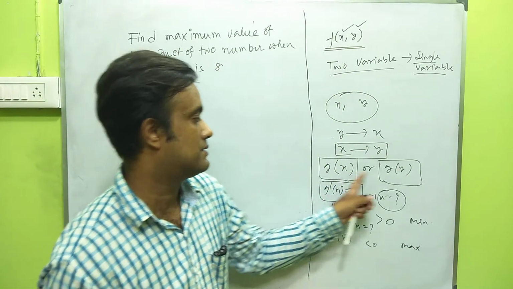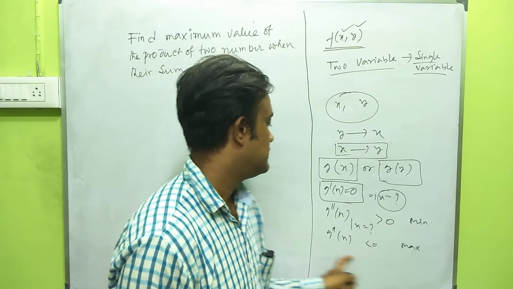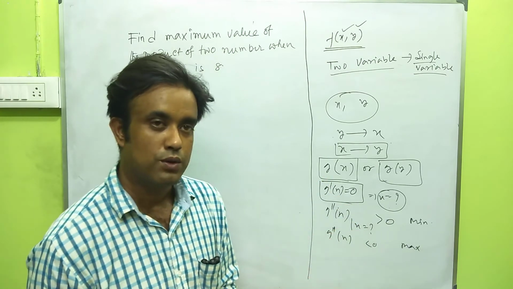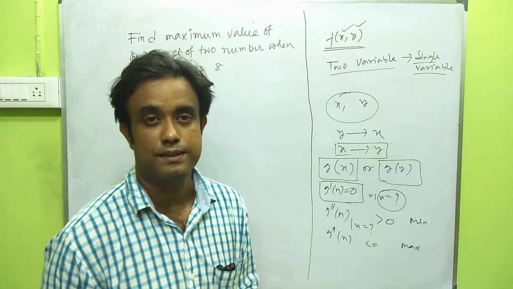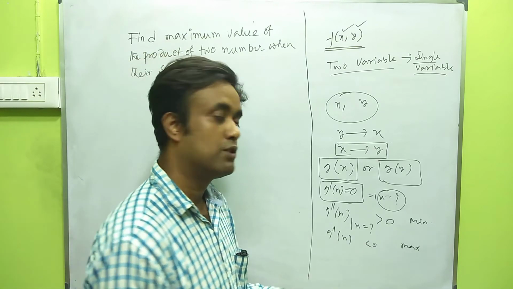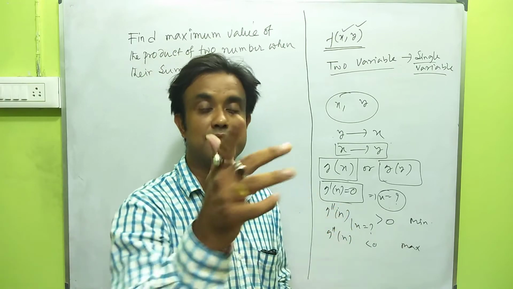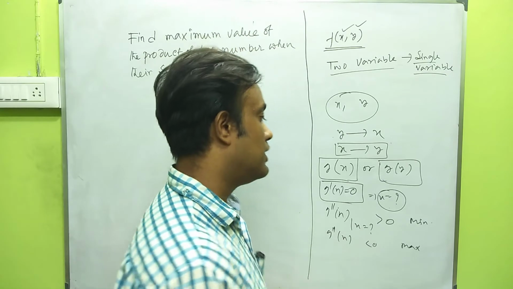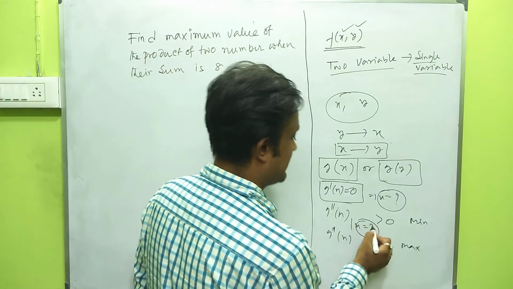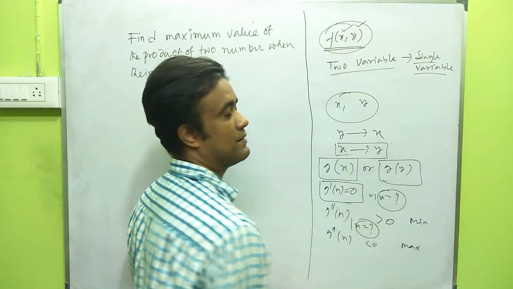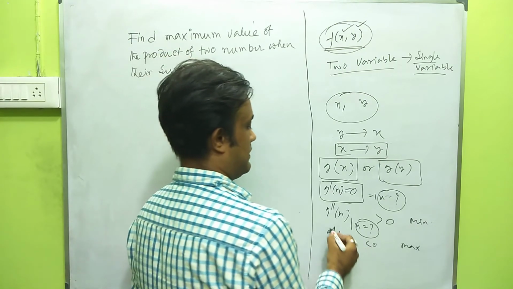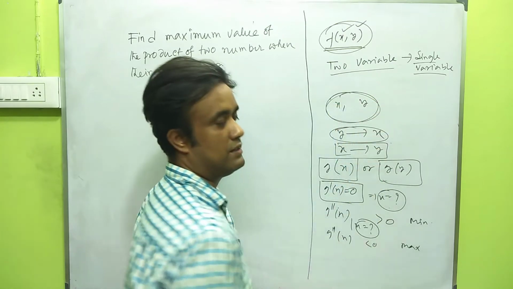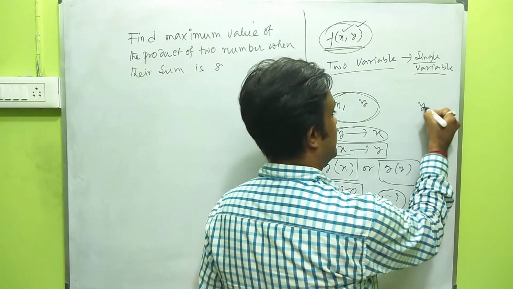So this is the step which tells you whether the function attains maximum or minimum values. It does not give the maximum value or minimum value. To find the maximum or minimum value, you have to put this x into the function. Then by the given condition, we find y.